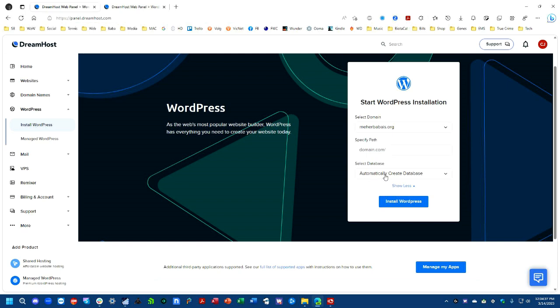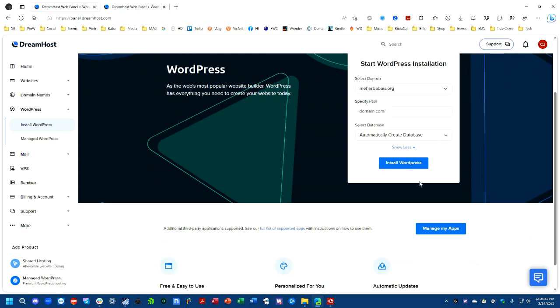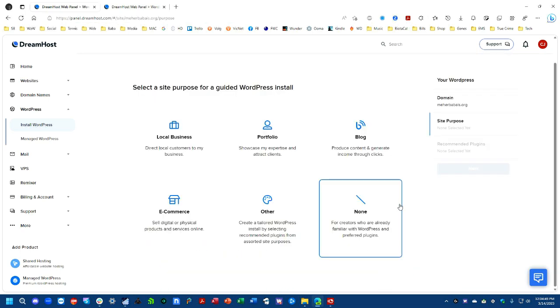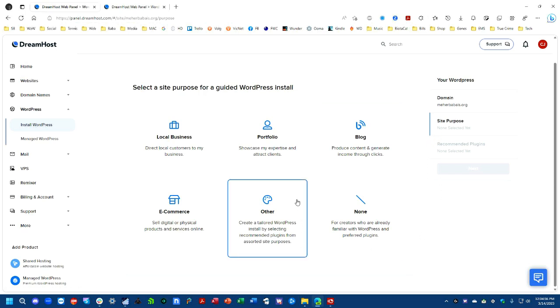And I'm going to automatically create a new database. I don't want to use an existing database or anything like that. This is a fresh install with a fresh database. So I'm just going to click on that, and then it's going to ask me a bunch of goofy questions. Site purpose, I'm going to go with